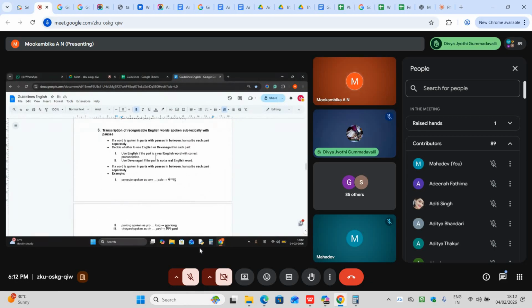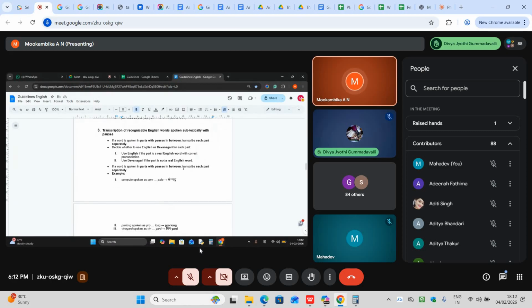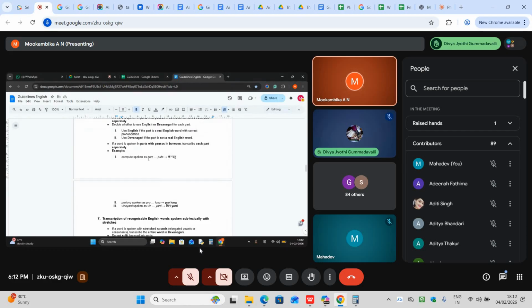Okay. Then in the next portion, sometimes when the splitting happens, what happens? The word which is split might not come in a proper way. For example, compute is the word. When the person splits it like com, pute, at that time what happens? You have to transcribe com in one segment, pute in another segment. It should not be in the same segment, because they are separated. He has given a space and told it. Both com and pute are not in the dictionary, so you have to transcribe it